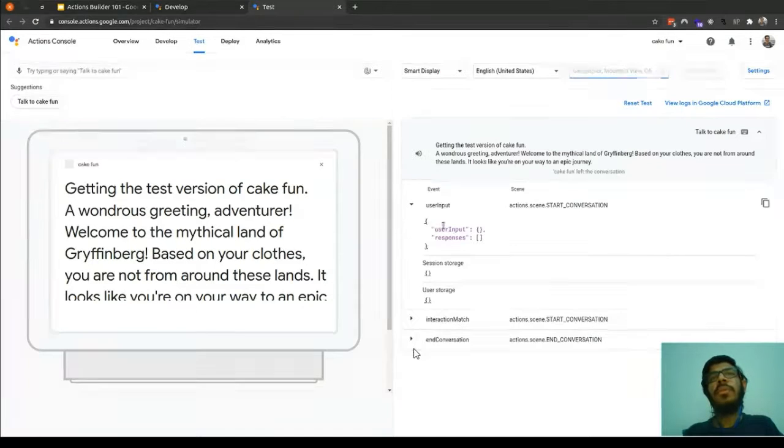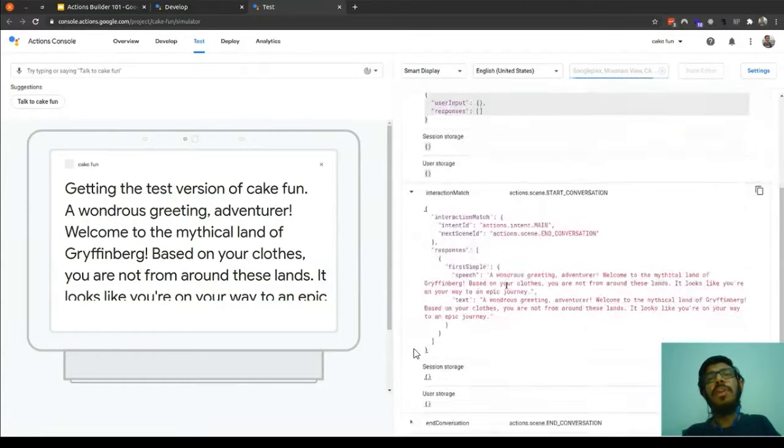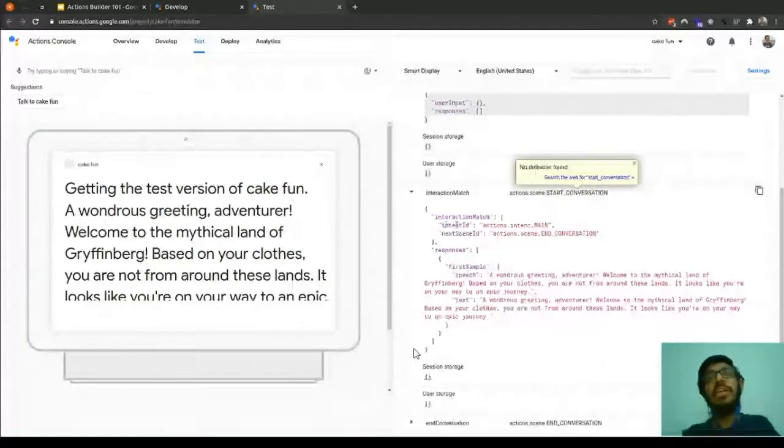Let's talk about the logs now. We didn't provide any input, we just started the conversation. That's why it says currently we are in the start conversation scene. Remember the scenes I talked about earlier. We don't have any session storage or user storage, but what exactly is matched? When it is in the start conversation, the intent ID is main.